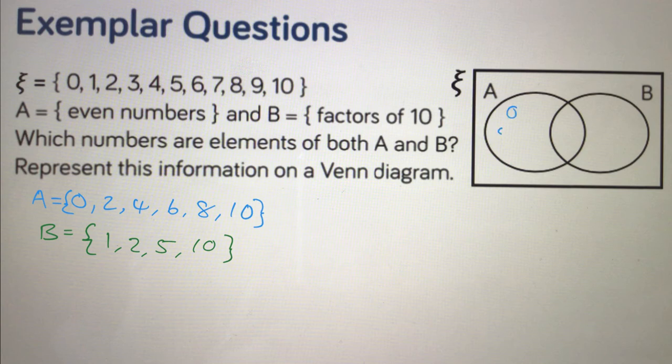0, 5, 6, 8 are in the B, and we also have the numbers 2 and 10. But I know they're in B as well. In the B section, we have the numbers 1, 2 is there again, 5 and 10 is there again, which